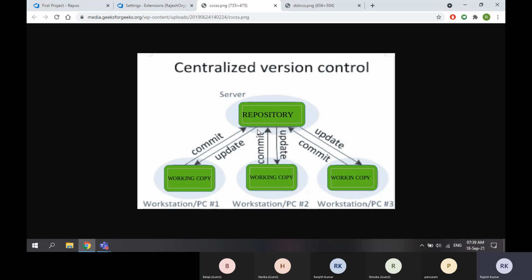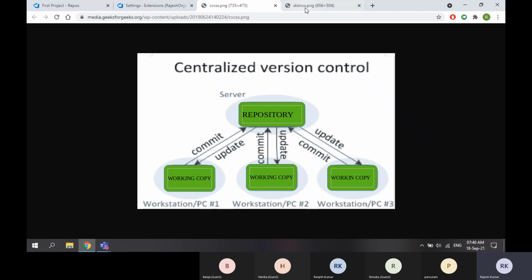They are sitting idle. Suppose developer 2 is working the entire day in the same repository. The other 8 developers are not doing anything. Why? Because I'm not able to access the centralized repository. It is allowing only one person at a time. Even though we are managing the source code at a single location, it is still a problem that they are not able to access the entire repository at a time.